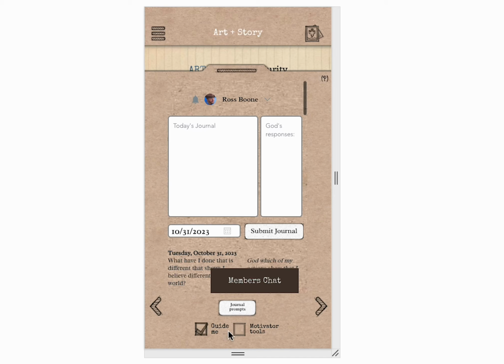When you check the checkbox labeled Motivator Tools, the Motivator bar appears at the top. Here we see a bee buzzing back and forth between 2 flowers. Each time he reaches a flower, you receive points, which you can see building up beside the clock icon. But if you switch apps, the bee freezes in his tracks, so this is to help motivate you not to